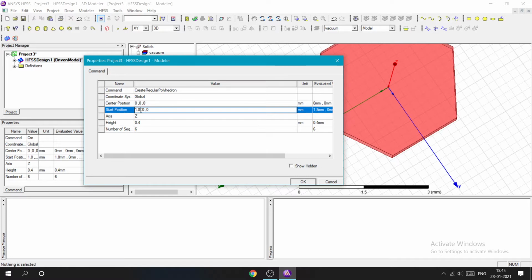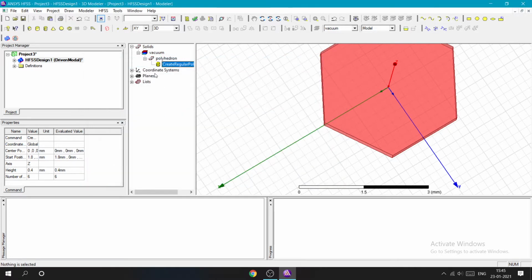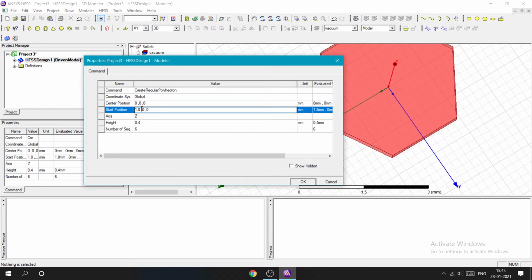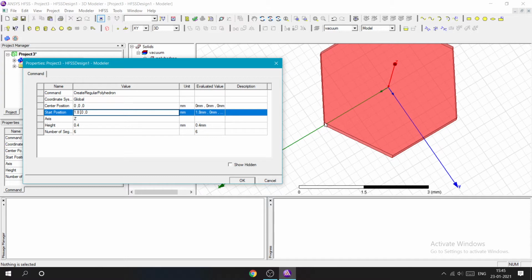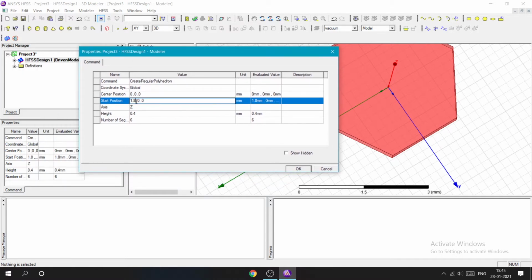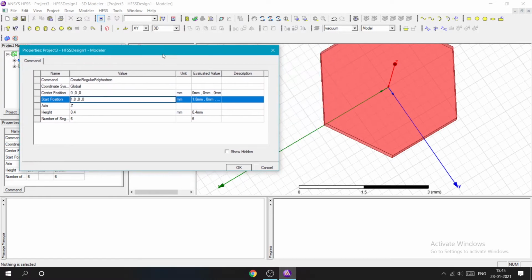And if you want to set a starting point, basically the start point is exactly the point that we have clicked, and it is the vertex point. Actually we ended up clicking over the x-axis, so that is the reference. Depending on this, the remaining will change automatically. It is actually at a distance of 1.8 millimeters from the origin. Depending on that, the remaining vertices will also be drawn by default.